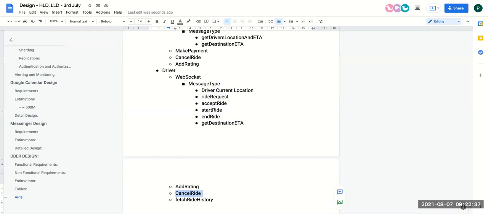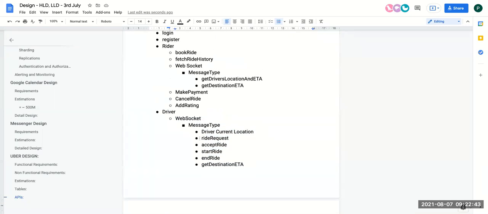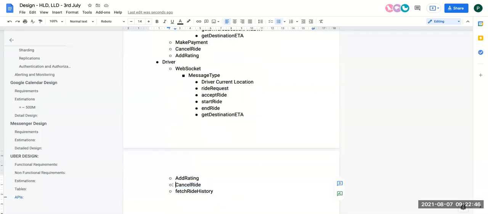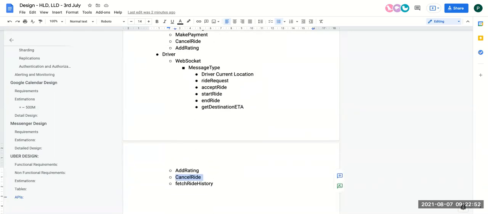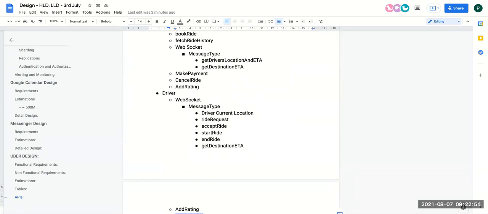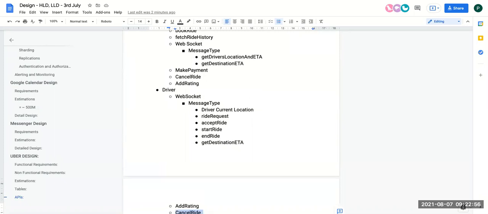Okay, either way is fine actually. Either way is fine because you have the WebSocket connection. You can use the WebSocket connection to cancel the ride as well. If you don't have the WebSocket connection, then you can simply cancel the ride outside the WebSocket connection. So I thought the backend should be able to know that you already canceled the ride, and then it will allocate you another ride, right?